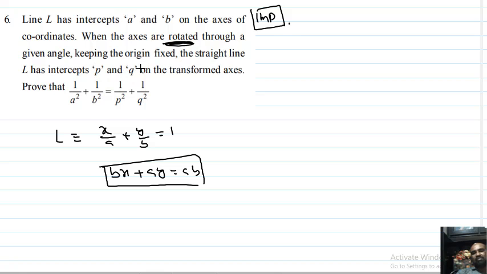In the transformed equation, P and Q are its x and y intercepts. Then prove that 1 by a square plus 1 by b square equal to 1 by p square plus 1 by q square. This is the original equation; for this original equation, A and B are the x and y intercepts. We want the transformed equation. After finding the transformed equation, we want to find its x and y intercepts, taken as p and q. Then we want to prove that 1 by a square plus 1 by b square equal to 1 by p square plus 1 by q square. So, the transformed equation